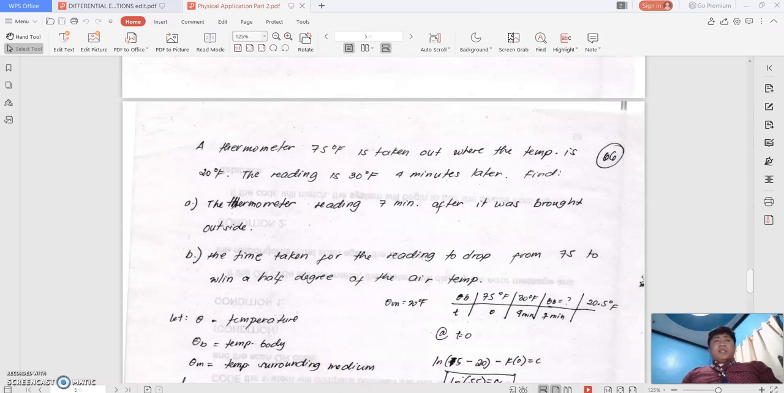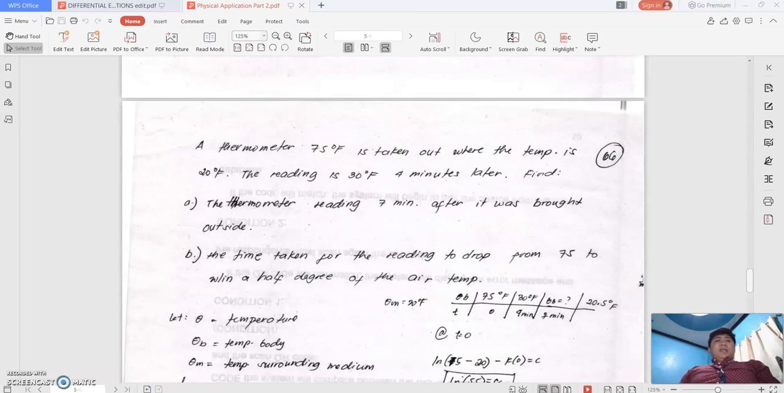Next meeting or discussion is about the mixture application, another physical application, but it is more on the mixture. So it is like mixing water, salt, or anything. Okay? So it is more on mechanical engineering, the mixture, chemical, etc. So that's it. Okay? So see you next